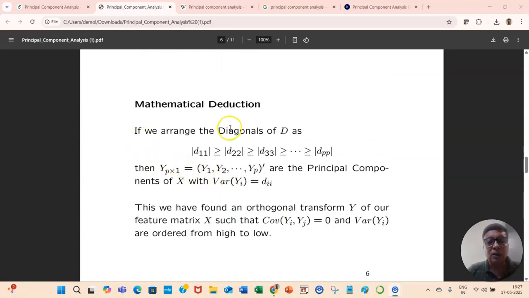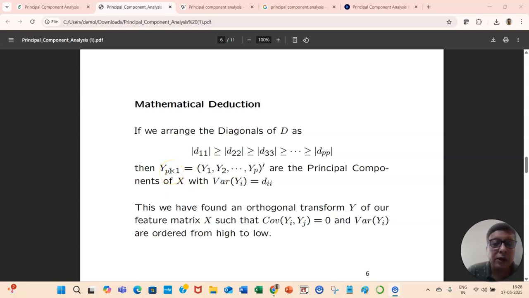Now, if we arrange the diagonals of D as modulus of D11 greater than or equal to modulus of D22, greater than or equal to modulus of D33, and so on, greater than or equal to modulus of DPP, then Y equal to Y1, Y2, up to Yp are the principal components of X, with variance of Yi equal to Dii. So, starting from the feature matrix X, we get a new